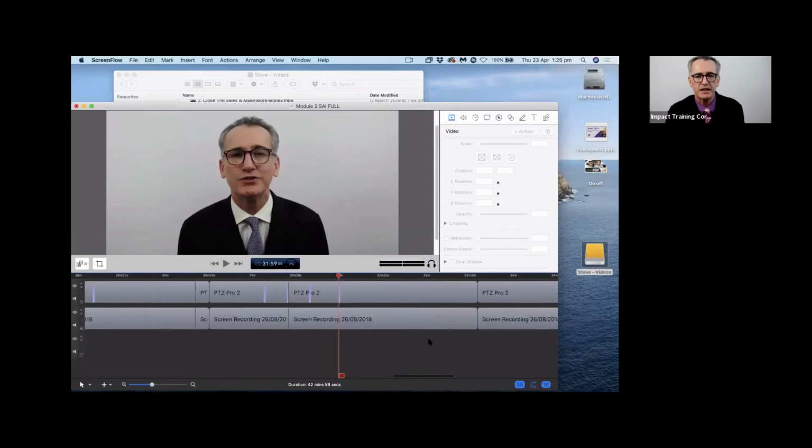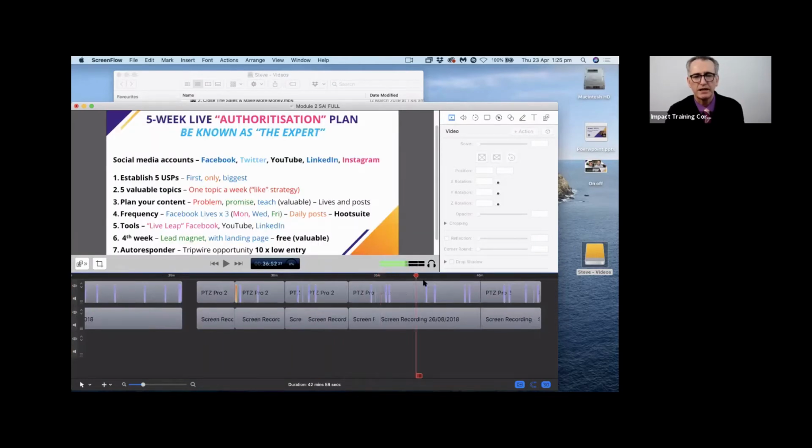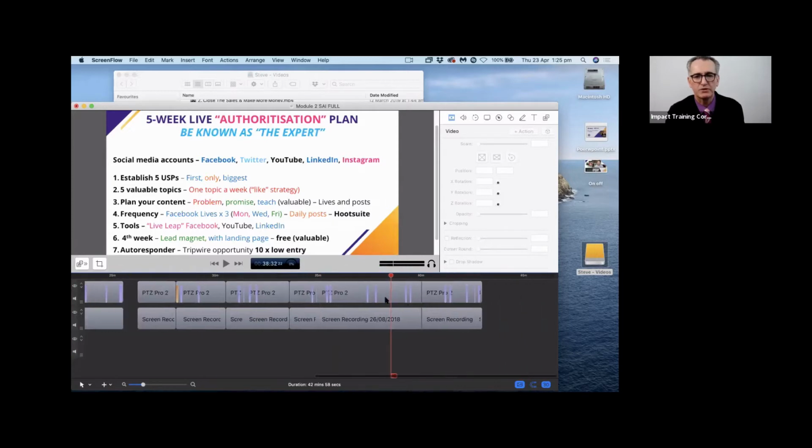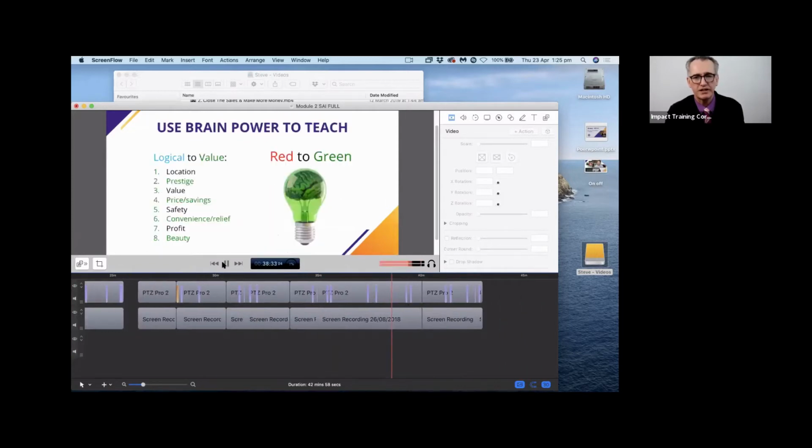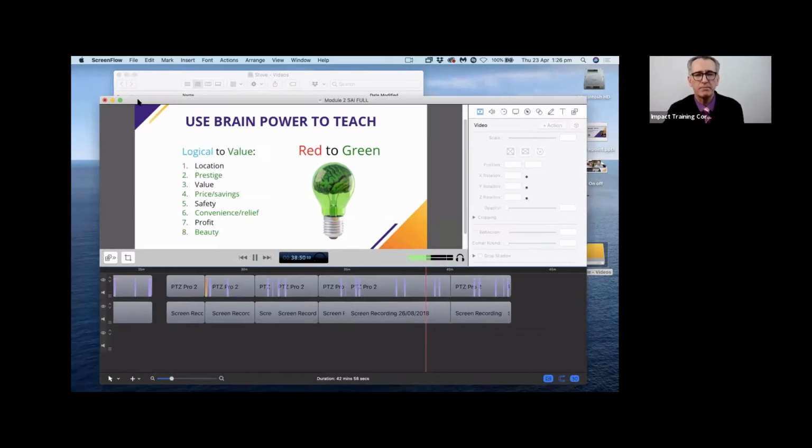So as I said, this is the same thing, but it's a lot longer because this is where we did all the editing and different modules and all that sort of jazz. As you can see, that's just a PowerPoint. And if I unmute it, so all of a sudden, you've now got something that uses your PowerPoint. You just use Screenflow, and I'll show you how to use Screenflow later. So this is another way of using your PowerPoint.